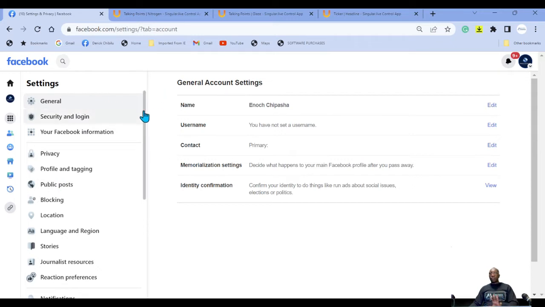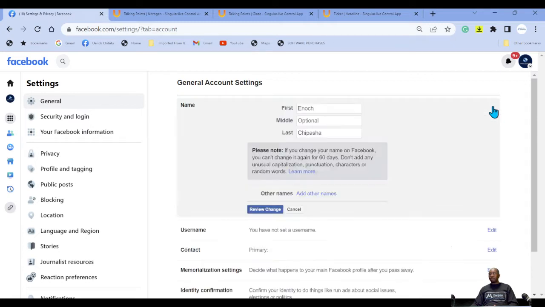So here is where you can change your name under the settings, our general account settings. You click here, you have this menu. This is where you change your name. Now, this is a fake name that I put out. To change your name, you want to go here. When you see a pencil like this, it means there's an edit.